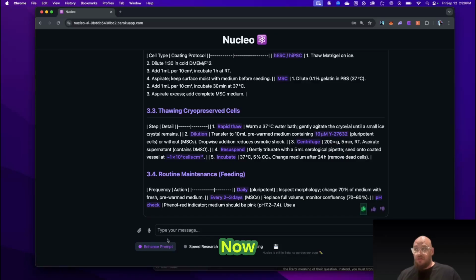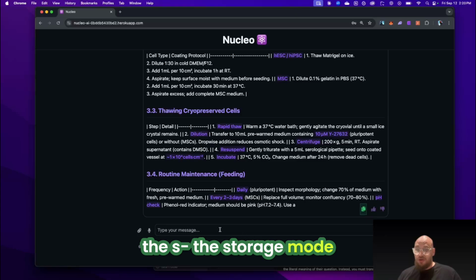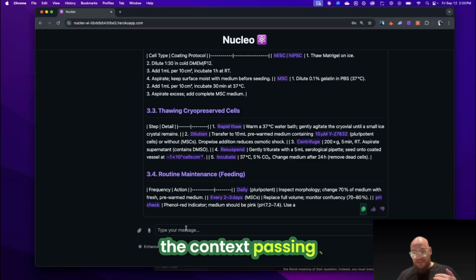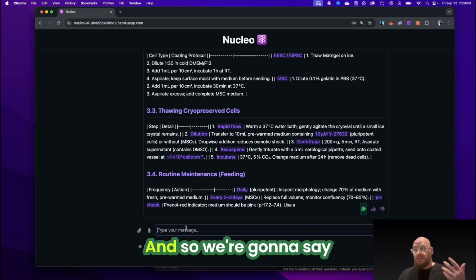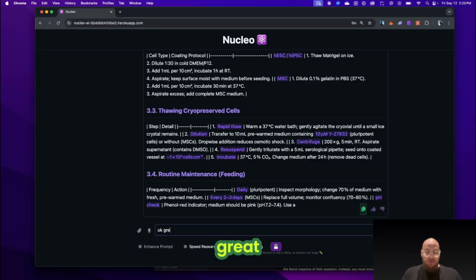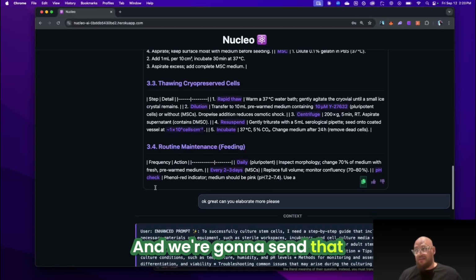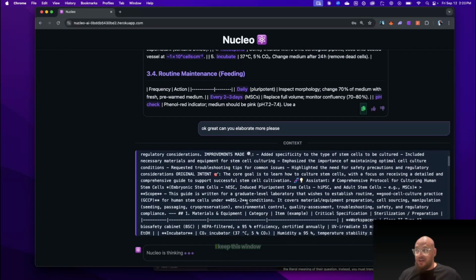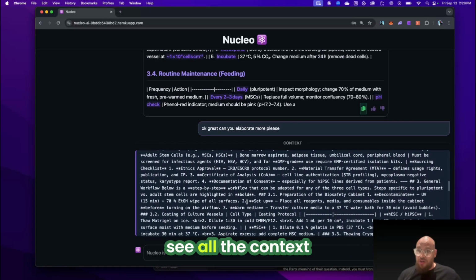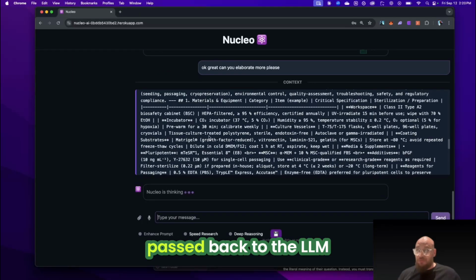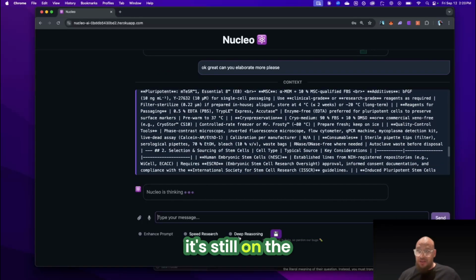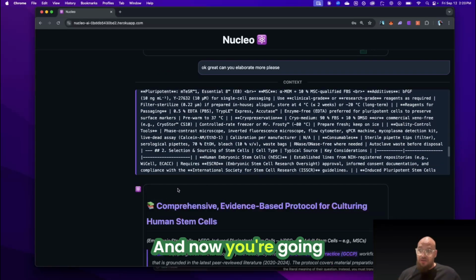Now we're not going to enhance the prompt anymore, but what we are going to do is activate the storage mode, the context passing, local memory. And so we're going to say, okay, great. Can you elaborate more, please? And we're going to send that. And if you see here, I keep this window open so you can see all the context that was passed back to the LLM. Now it's still on the base model. And now you're going to see, okay,